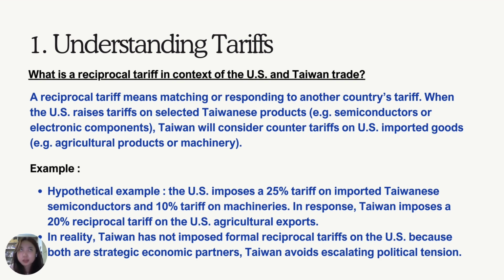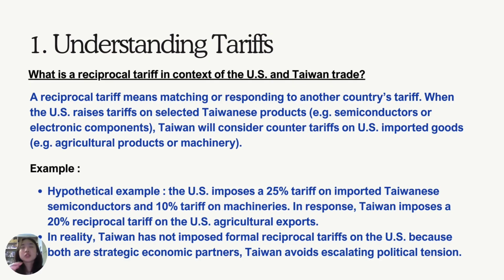A hypothetical example would be when the US imposes a 25% tariff on imported Taiwanese semiconductors and a 10% tariff on Taiwanese industrial machinery, and in response, Taiwan imposes a 20% reciprocal tariff on US agricultural exports such as soybeans and